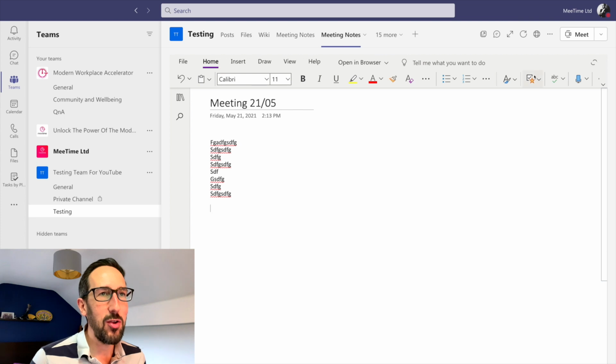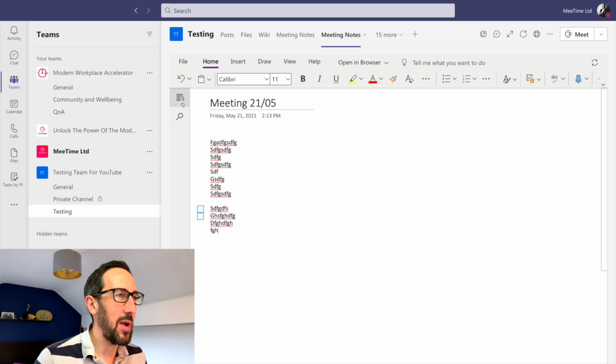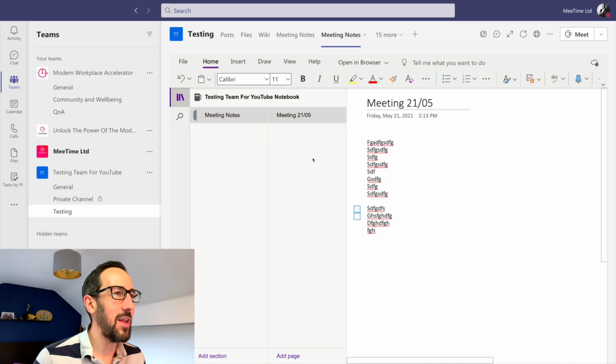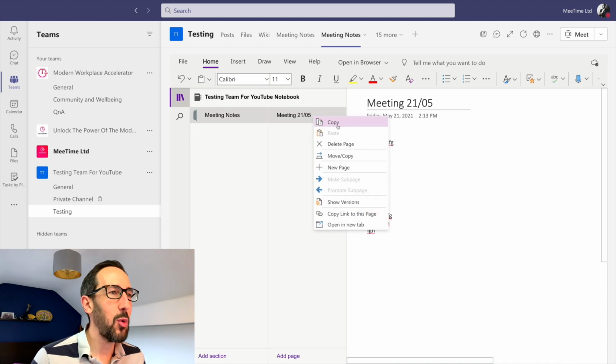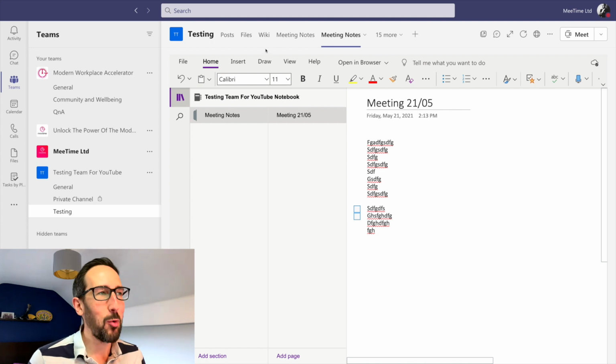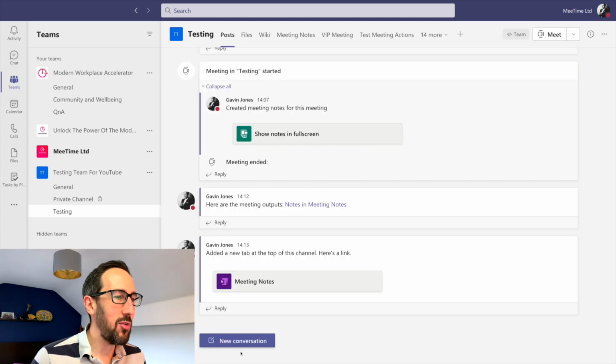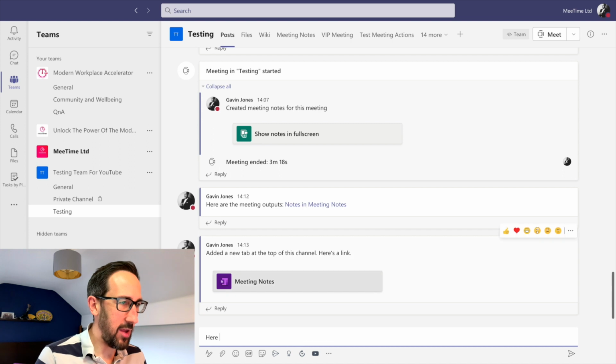If you wanted to start using OneNote tags, you could add some to-dos and things in here for people, some actions, whatever we want. But then to direct people to this particular page, the only real way we can do it is copy link to this page, which sounds similar to what we did in Wiki. But when we go into post it and say, here are the outputs,